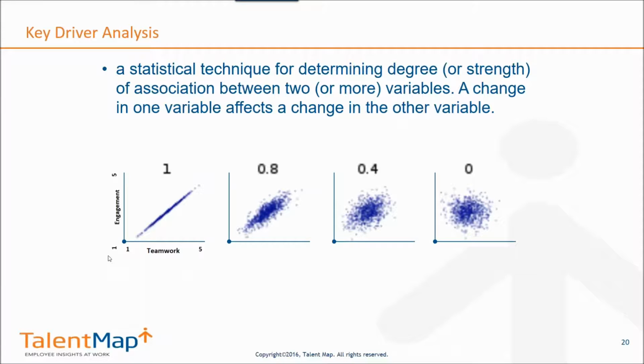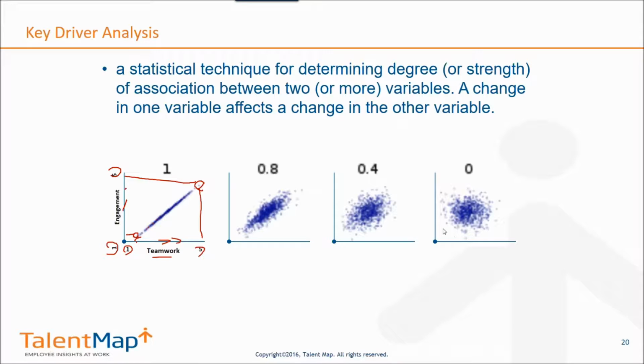But essentially, on an engagement survey, you've got a 1 and a 5 on a 5-point scale. And maybe teamwork, you have a 1 and a 5 on a 5-point scale. And this little dot would represent somebody's score. This individual scored very high on teamwork, and they scored very high on engagement. And so that's a strong correlation between the two. Whereas this dot represents another individual. They scored low on teamwork and low on engagement. And you can see all the other dots in here were perfectly correlated, meaning as the teamwork score increased, so did the employee engagement score.